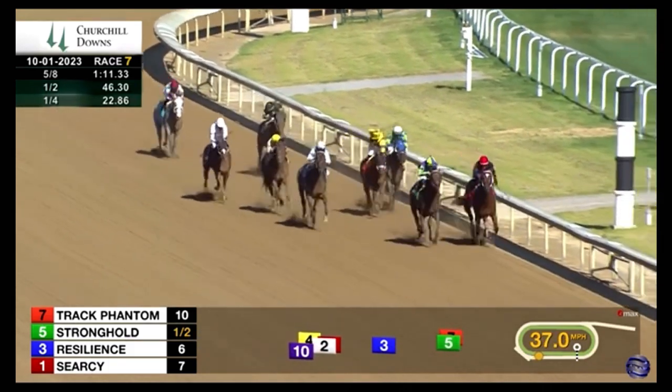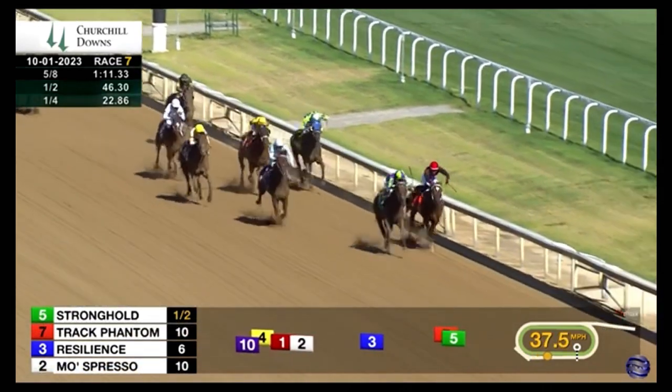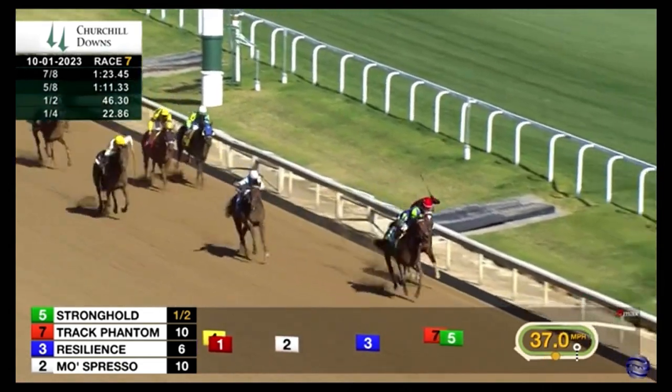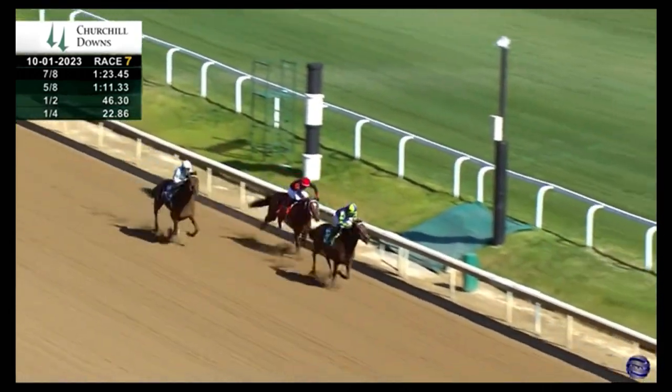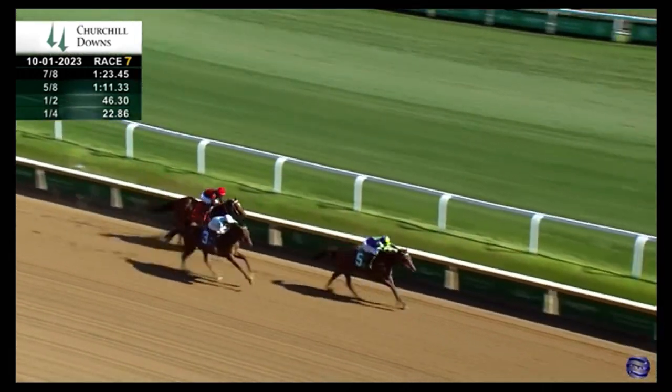Maybe we can get him up to double digits, because Philip D'Amato, if you don't follow racing, is an excellent trainer, but maybe not everybody knows Philip D'Amato because they know Bob Baffert, they know Todd Pletcher, they know Brad Cox, even Steve Asmussen. Your casual fans might not know Philip D'Amato. So,